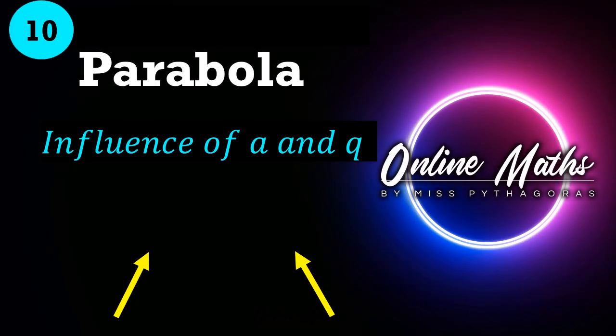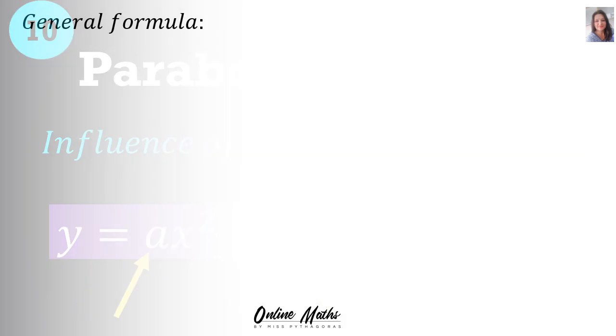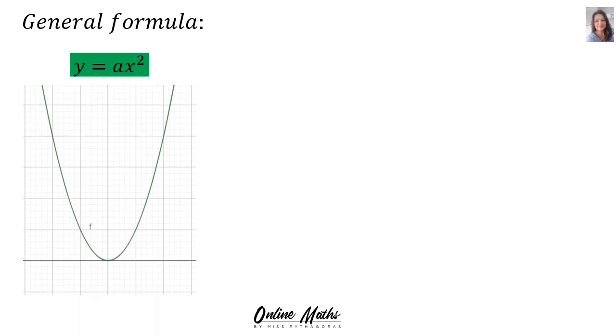Hello everybody, in this lesson I will discuss the influence of a and q on the parabola. Now, familiar to us at this stage is the general formula for the quadratic function y is equal to ax squared, and by now you know this is the graph. So now we will take it one step further, and the general formula becomes y is equal to ax squared